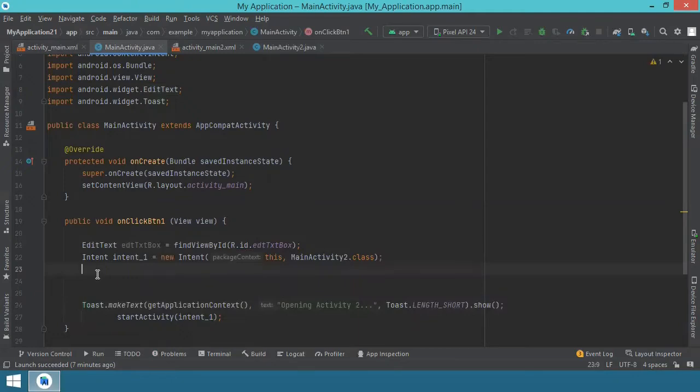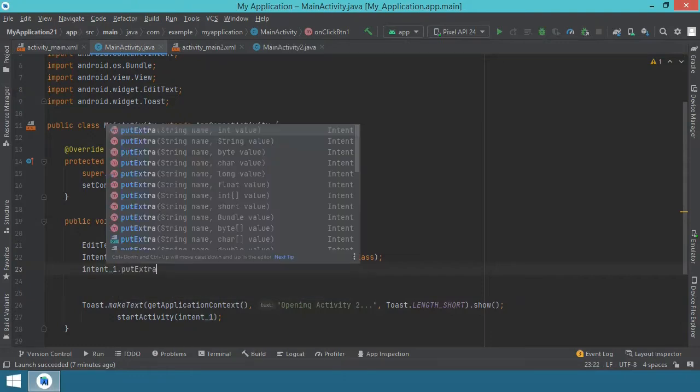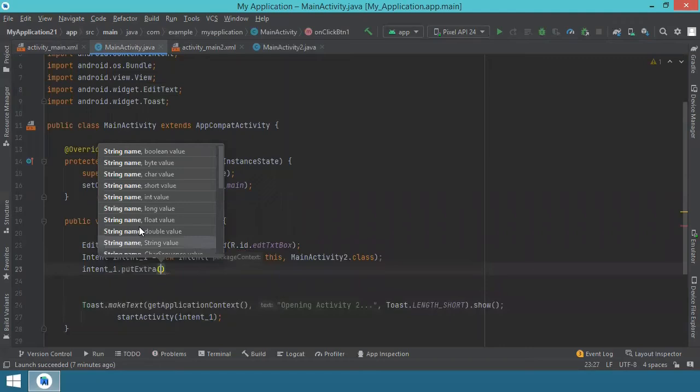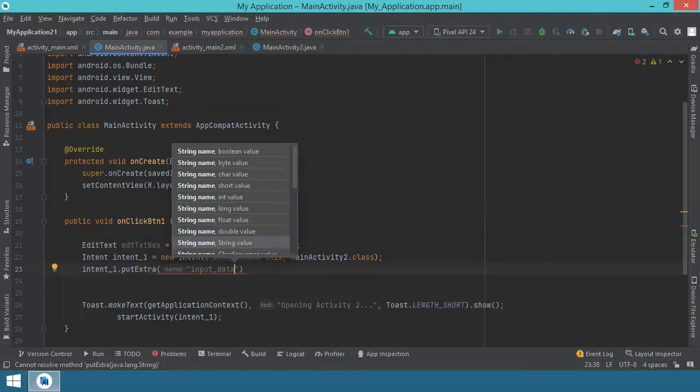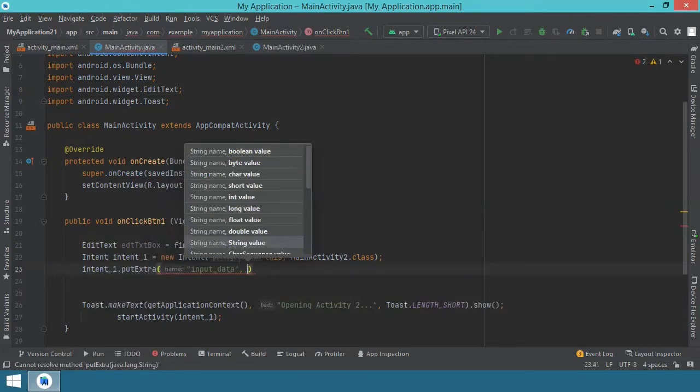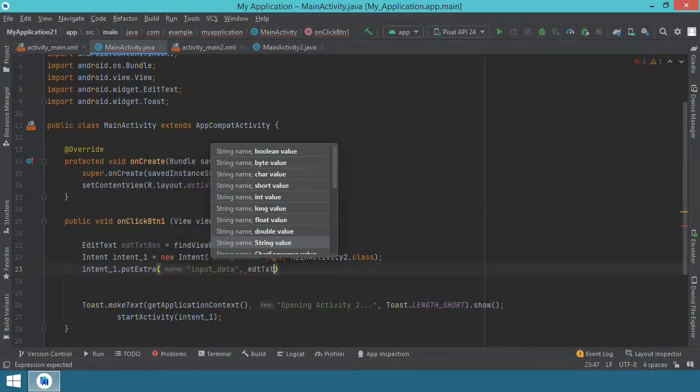But we have to send the information through the intent to the other side, through intent1 dot put extra, and we will send a string value. So we select string name, string value, and here we have to put a pair of key and value. So the key will be like a label, and I will say input data. So this will be the label of the information that we send, and we'll say edit text box